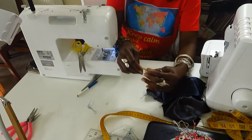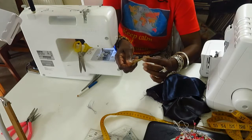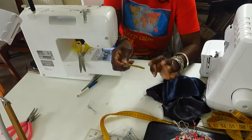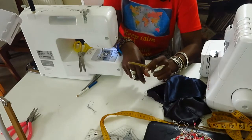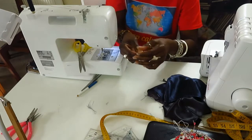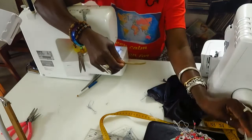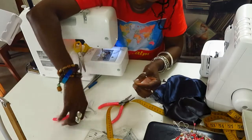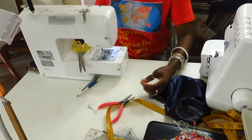Now for the stitching bit. This is a pipe cleaner I discovered because I don't know where to find any fine wires. I've been using pipe cleaners for all my masks. So that's the pipe cleaner here. Okay, so I cut about 2 inches, and then obviously because the ends are sharp,